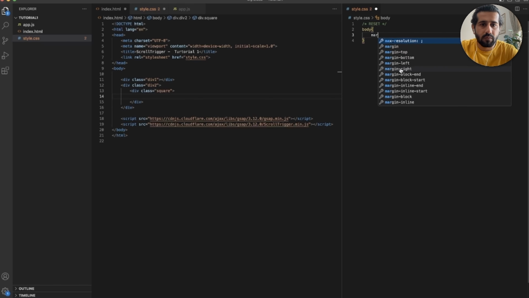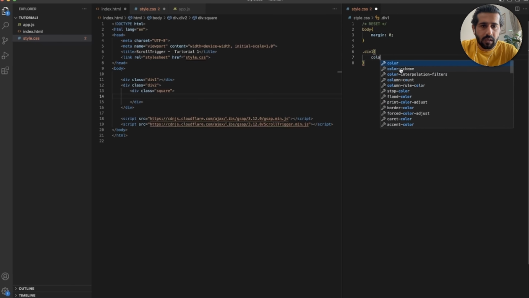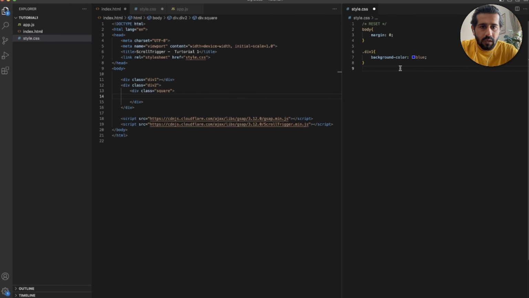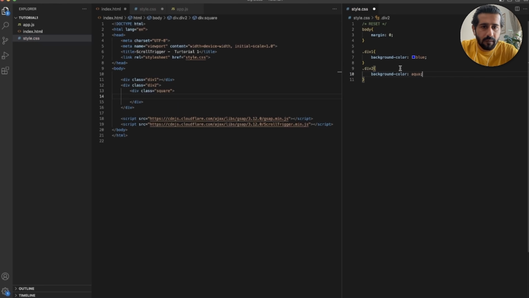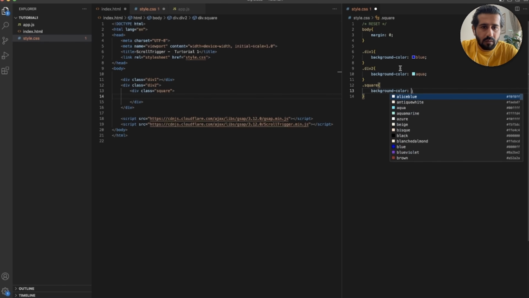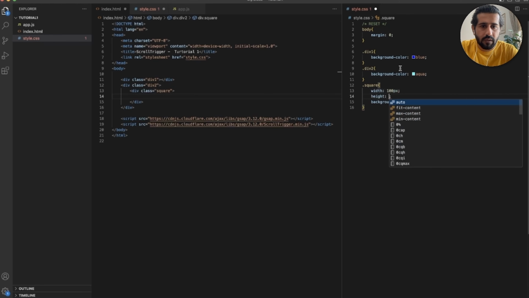So body, remove the default margins from your body tag, and div1, give it a background color of, let's make it blue, and div2 background color of aqua, and let's make a square, background color brown. Let's choose brown. Yes, give it a width of 100 pixels, and a height of 100 pixels also,